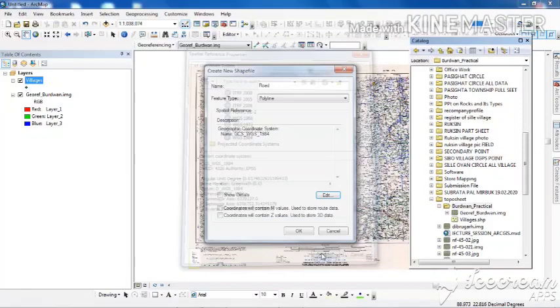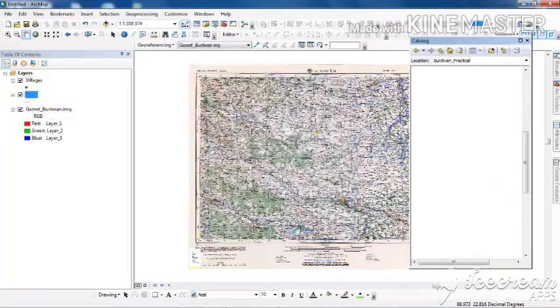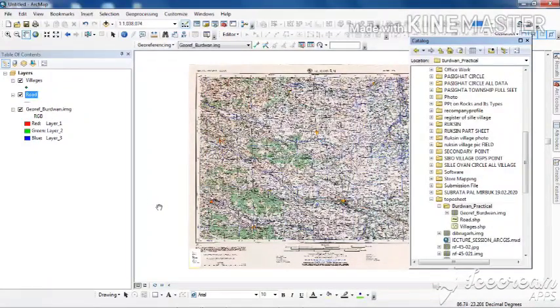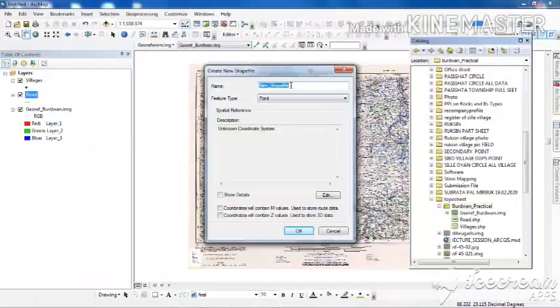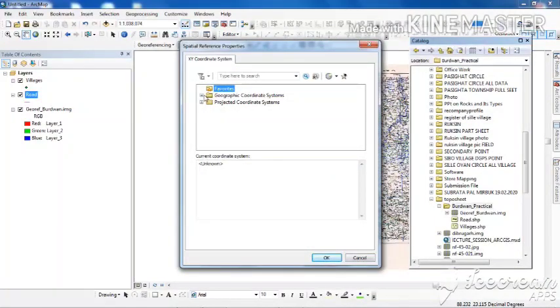Defining the projection and coordinate system. You see the road has also come, and again I will digitize, or want to show, some towns or major areas in polygon. Similarly I will define the coordinate system.